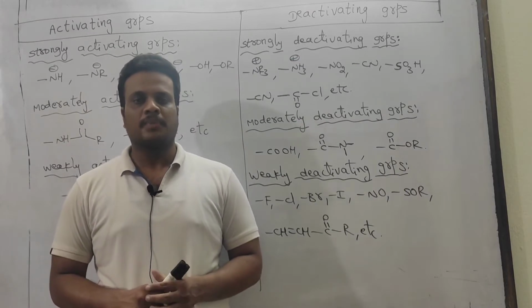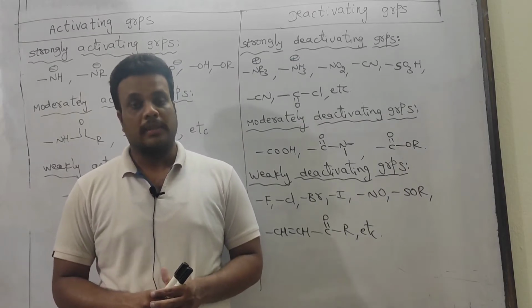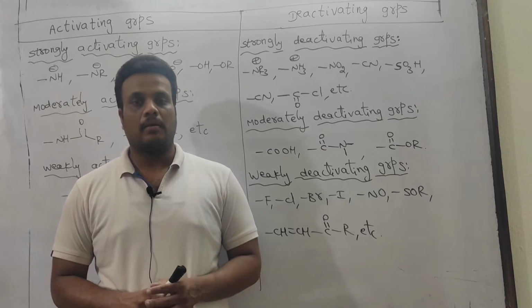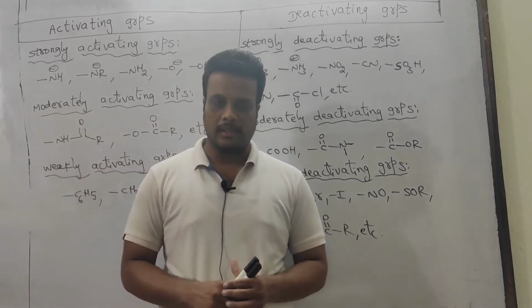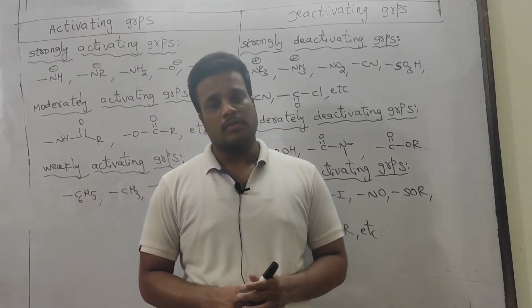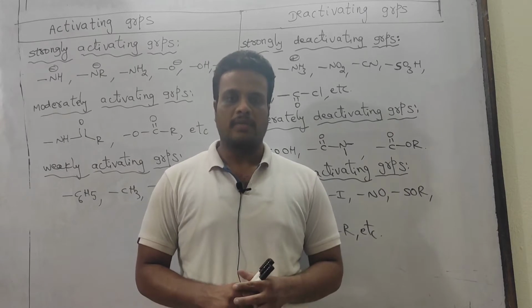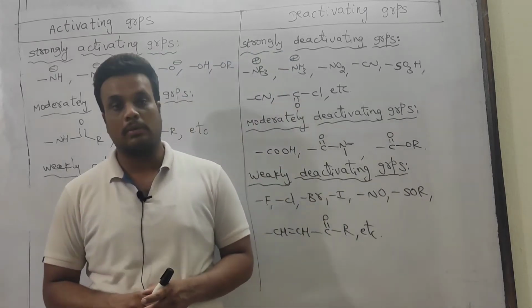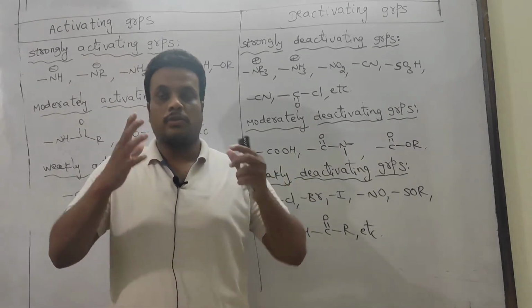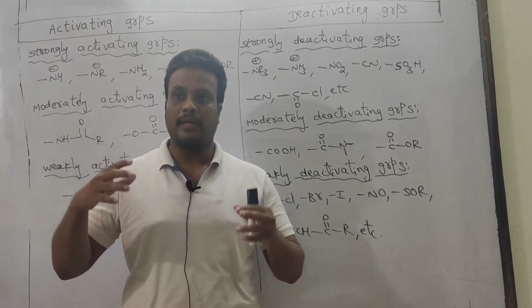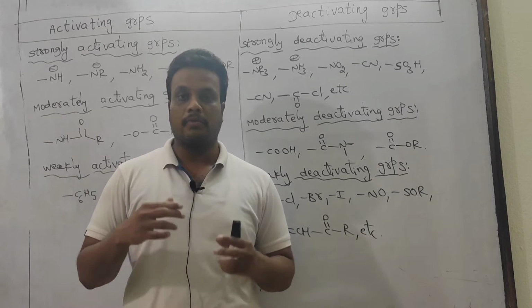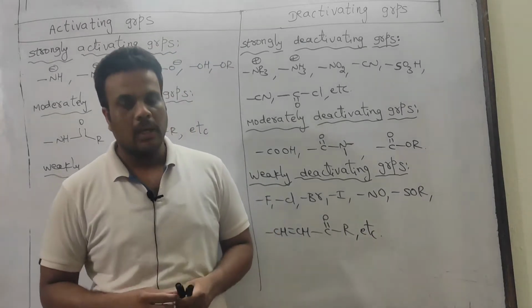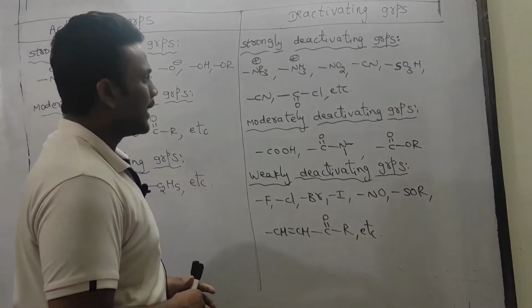Benzene also, we have seen, has many electrophilic substitution reactions, and derivatives of benzene also undergo electrophilic substitution reactions. Generally in this aspect students have some doubts: sir, when a group is present in the benzene ring and an electrophile comes, where should it get attached? So I will give complete clarity on this.